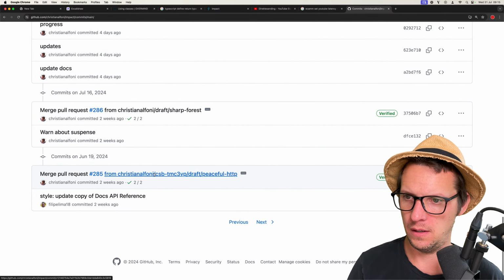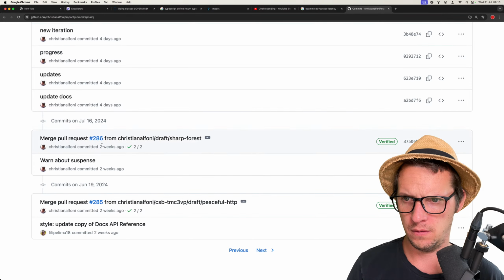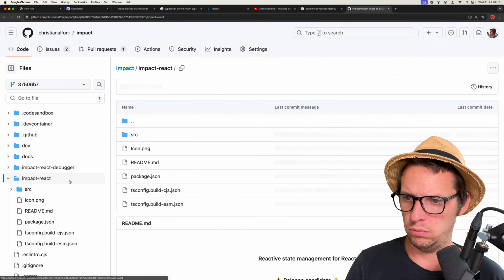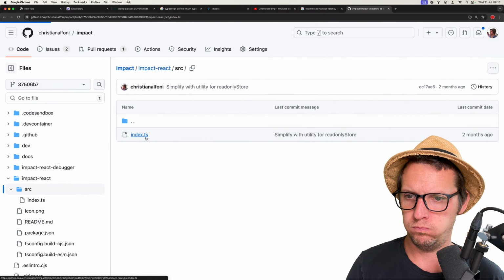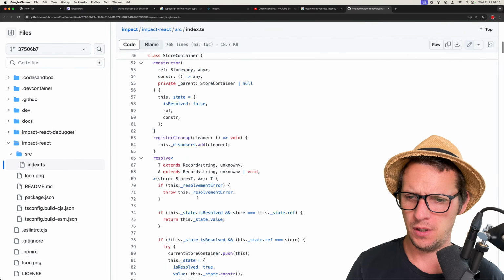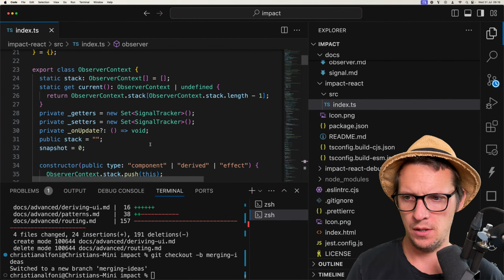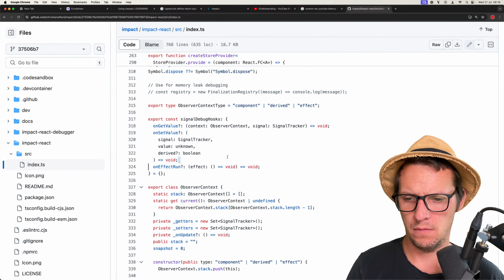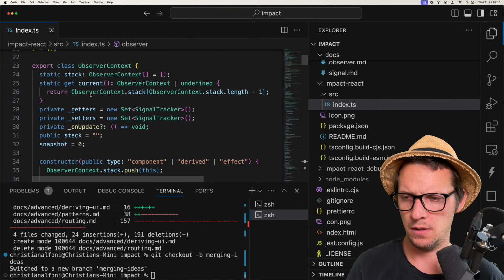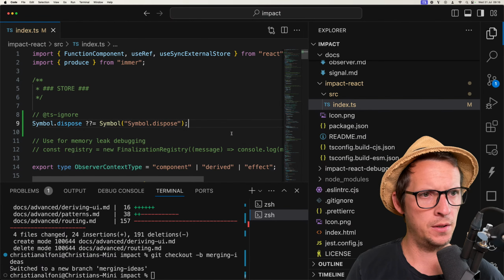Let's see. Warn about July. I guess this is where we want to. Okay, how should I do this? Should I just copy the whole thing in? Because I didn't change. Okay, let's bring this one in. It's not related to this, but